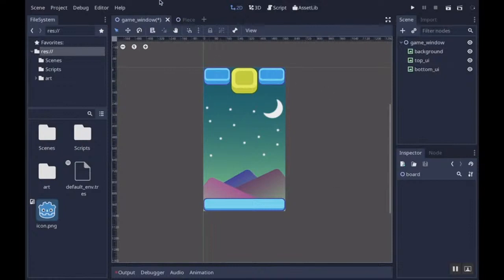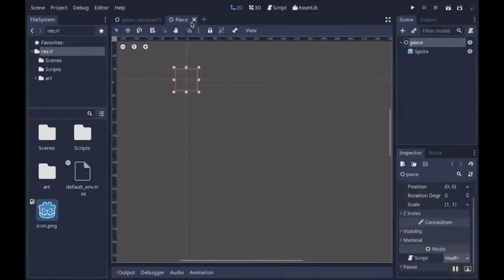So the first thing we want to do is we're going to take a look at our piece scene here. So the parent of all of the other pieces, not any one of the pieces, but the main piece scene from which everything else derives. So in our piece scene here,